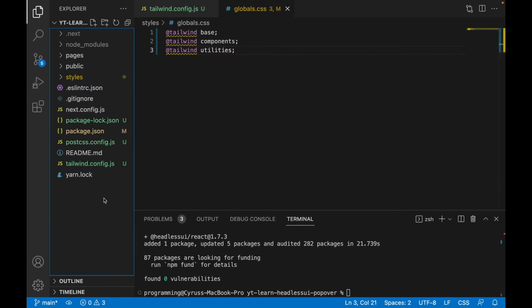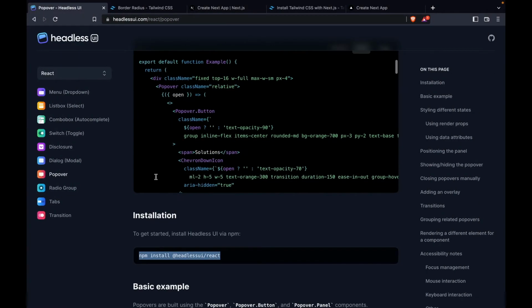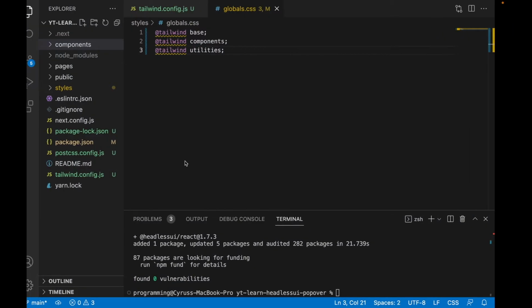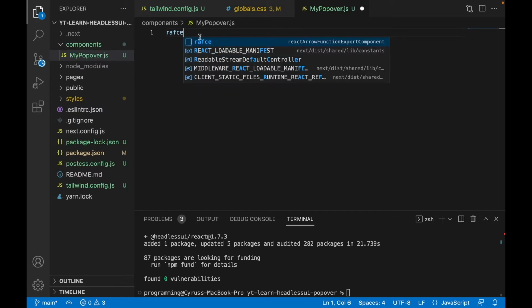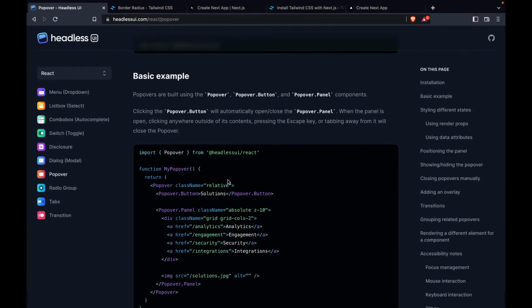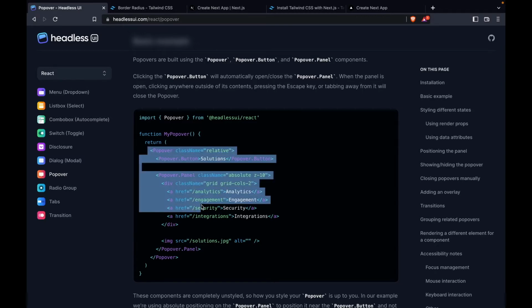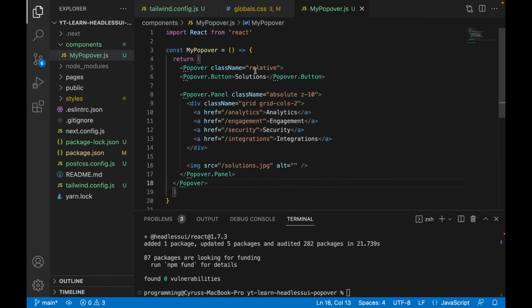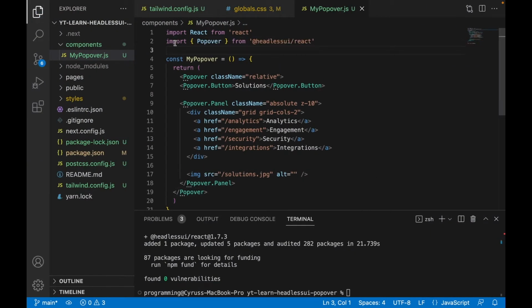and then we create the components folder, and then we go back to the documentation, and we are going to create my popover.js, and then we can copy this and we replace this, and it should also import the Popover from the Headless UI. And after that, we go back to the